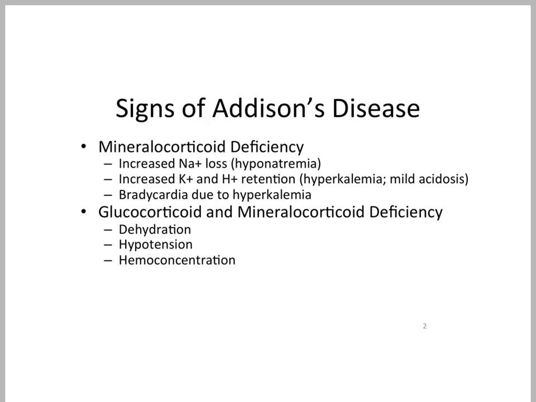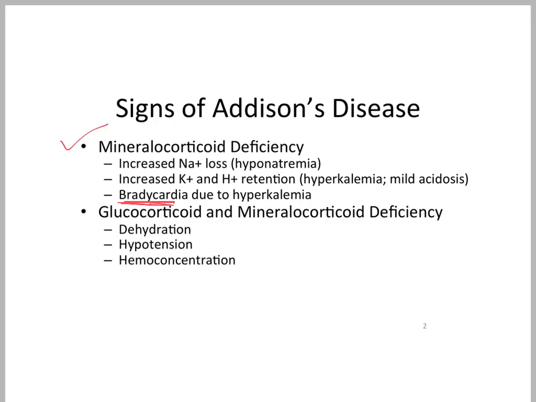So here we have mineralocorticoid deficiency, and really that is reflected by the hyponatremia that's seen, and we see an increased potassium or hyperkalemia, and also because of the hydrogen ion retention. If you go back to your physiology, you'll see where that comes from. It's the sodium hydrogen exchanger. We have a mild acidosis in some cases. Because of the hyperkalemia,